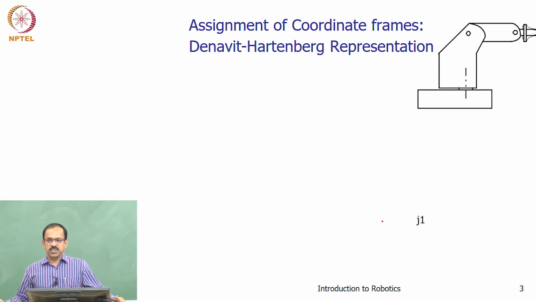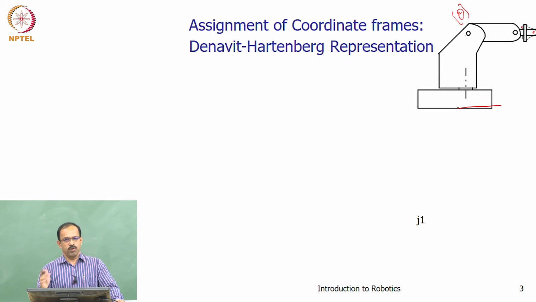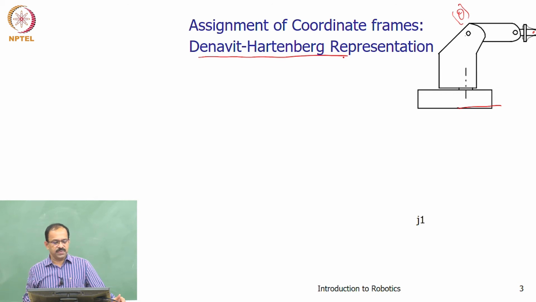Okay, so how do we do this? Suppose we have a robot configuration given to us. The first thing we need to do is assign a coordinate frame to the robot. Suppose this is the tool and this is the base of the robot. I can fix the frame somewhere. I want to know, for different joint variables, which I call the generalized variable theta, what will be the position and orientation of the tool. That is the problem we are trying to address or formulate. As a first step, we use the Denavit and Hartenberg representation, or DH representation. That is the method we will be following.